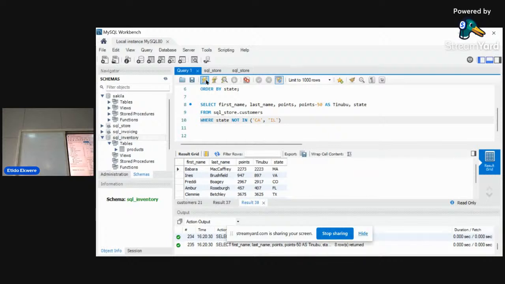There are so many operators, so many of them. One just needs to know how to